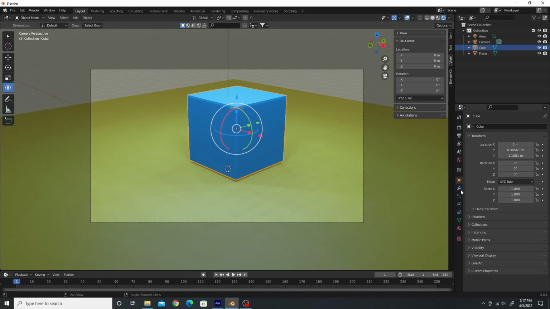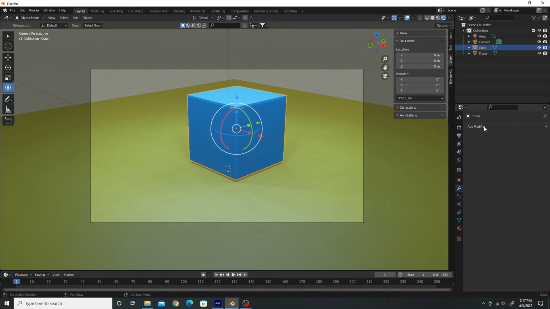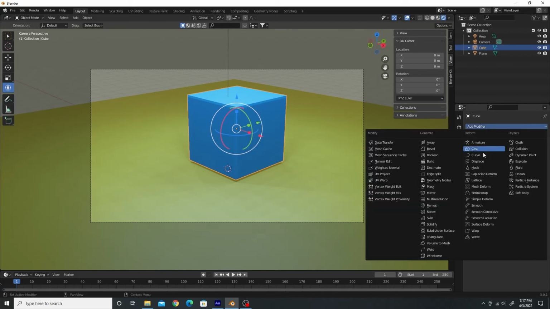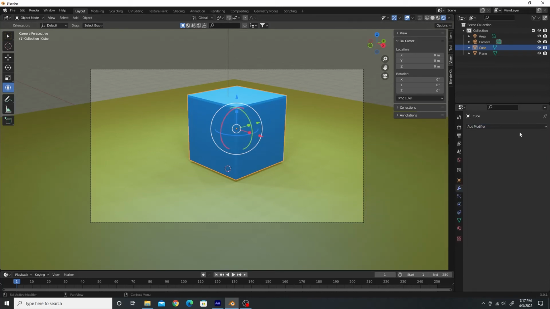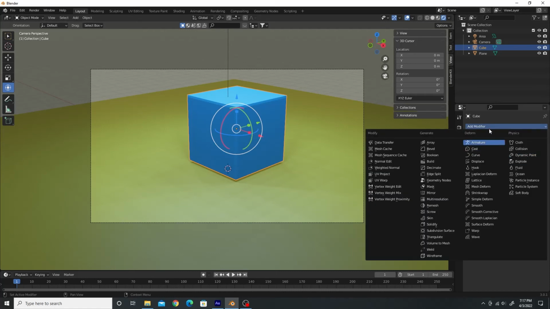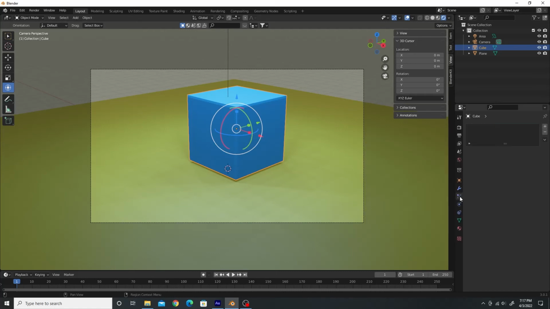Let's go down into our modifier properties. Modifiers are exactly what they sound like. You can modify your object. You'll find more videos on that. Below that, we have our particle properties. We'll work on that later. Particle systems, I have videos on that. Make sure you go check those out. You have your physics properties,